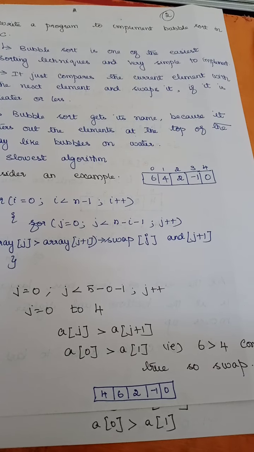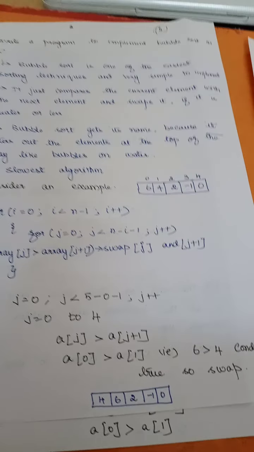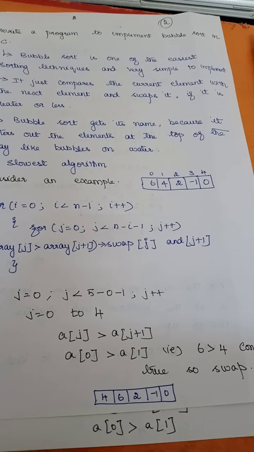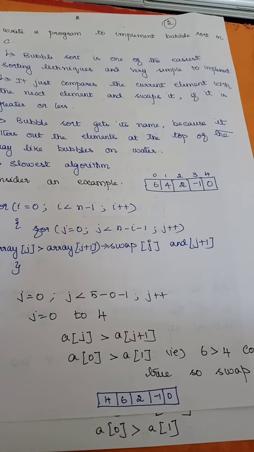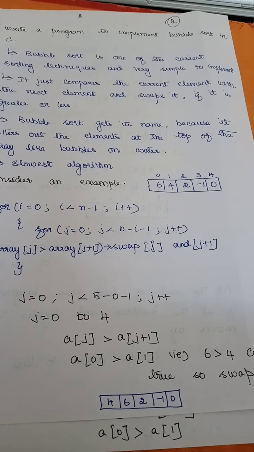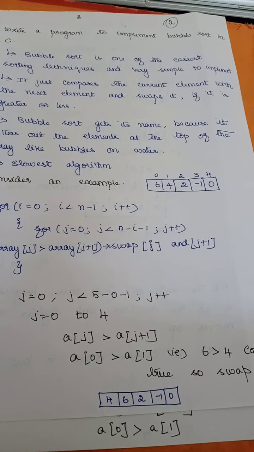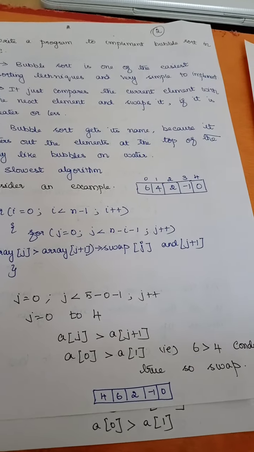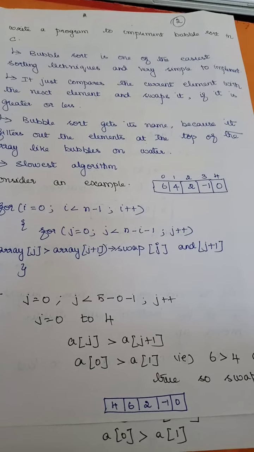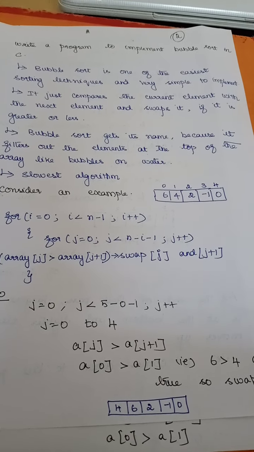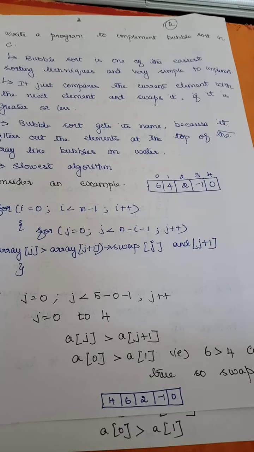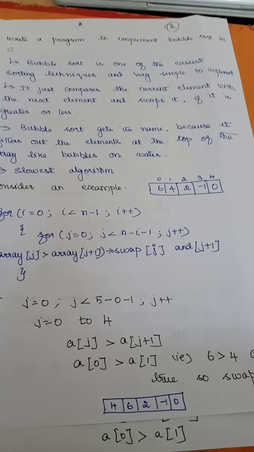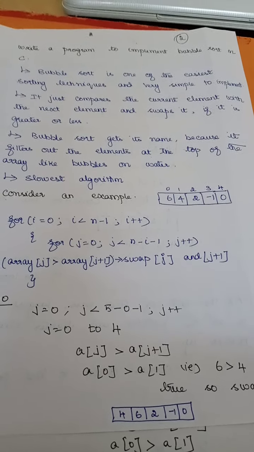For that you have so many sorting algorithms available. We'll see one basic sorting algorithm that you call bubble sort. And why the name bubble sort is, whenever you have a bubble, the bubble will always come up on the top of the water, right? It will float. So here also the light element will be moving to the top and the heavier, biggest element will be moving to the bottom, to the end of the array, right? That is why the name bubble sort.